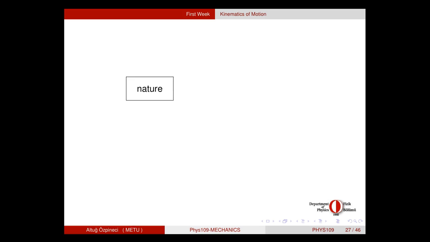Okay. Now, this is a nice diagram that I like. This is for sketching what we are actually trying to do in physics as scientists, let's say. So we have nature, which is everything that you observe around you, either with your senses or with the devices that you build. What we first do is we develop a numerical model for it. For example, we will be studying the motion of objects, so you will be measuring the distances. That is what I mean by making a mathematical model. You just convert whatever you are studying into numbers.